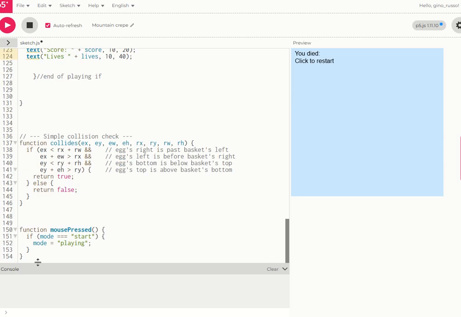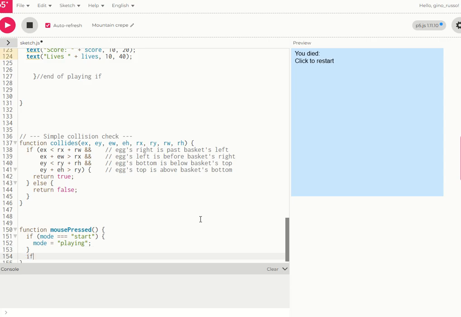So the next thing to figure out, in the code I gave you, sort of buried at the bottom, is a function called mouse press. This fires every single time the user clicks the mouse. But I don't do anything when the user clicks the mouse. That's not part of the game. The only thing I do is if you're in the start mode and you click, switch the mode to plain. So now I can say